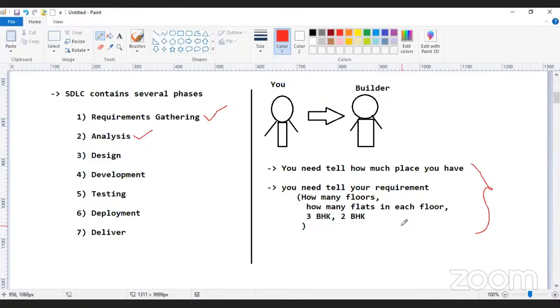Can they do that for the given place, for the given money? Yes, they can do that. Once that analysis is completed, then they are going to design. Design means, in one 3 BHK, where the bedroom will come, where the hall will come, where the kitchen will come, where the balcony will come. Such a kind of design they are going to do. Planning. They are going to do the planning for your flat. How a 3 BHK flat will look like, how a 2 BHK flat will look like, they will do that planning